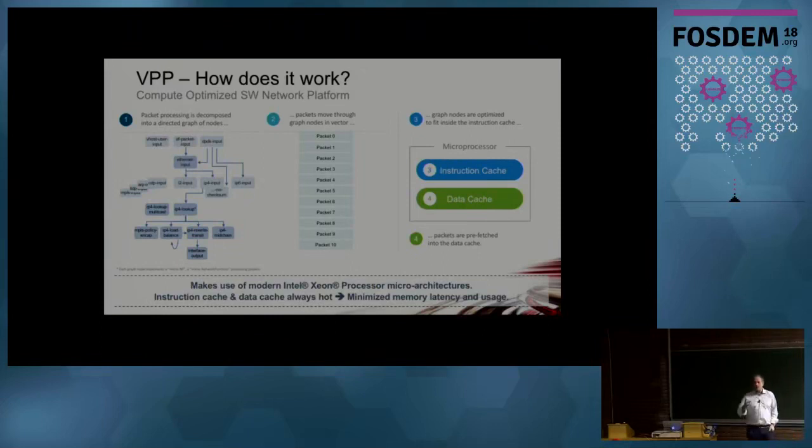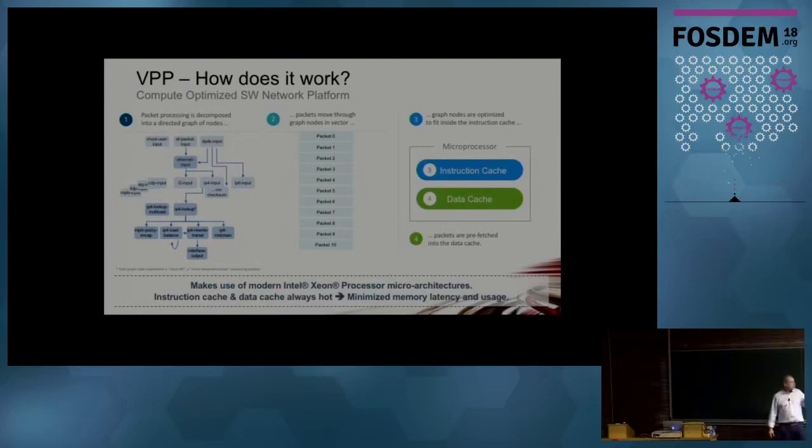If you look at the usual code for data paths, it's actually pretty long, right? So you have a lot of instructions to do because forwarding a packet is not that simple. You may have to do ACLs, you may have to do NAT or not, you may have to do many things, right? So it's a lot of lines of code. And what we are trying to do is to make sure that when we execute an instruction to process a packet, this instruction is actually in the cache of the CPU.